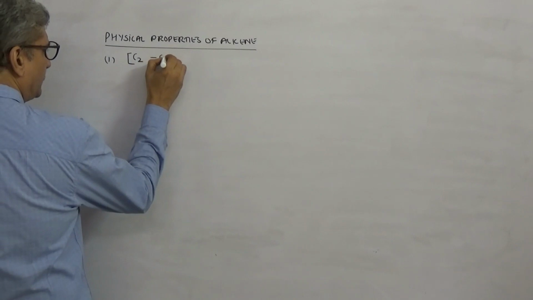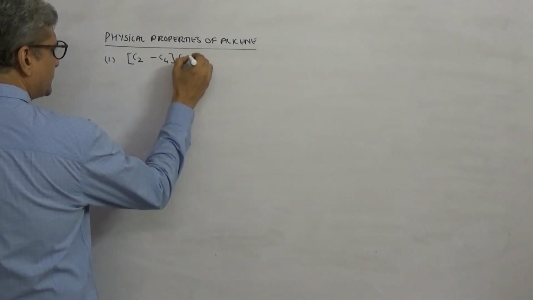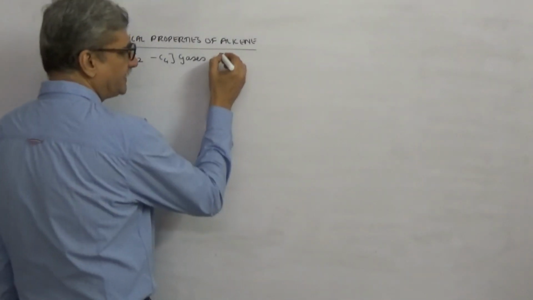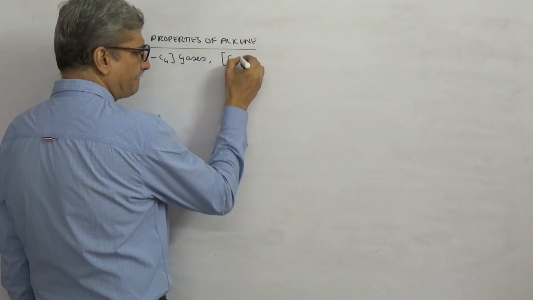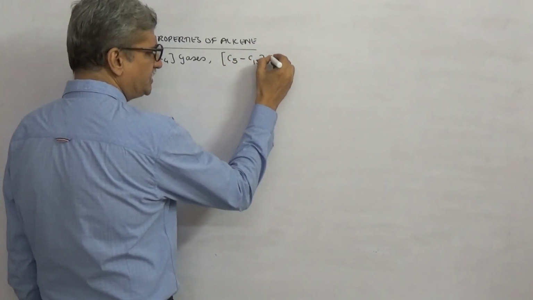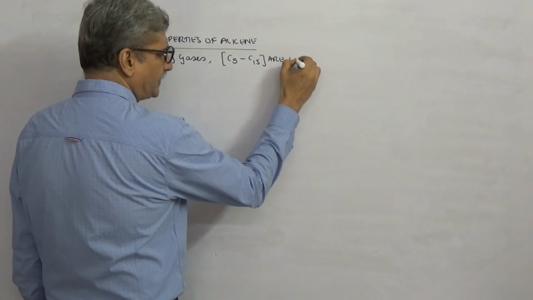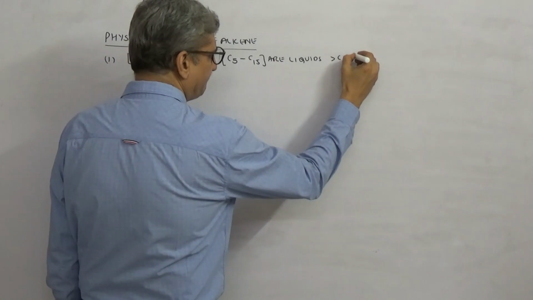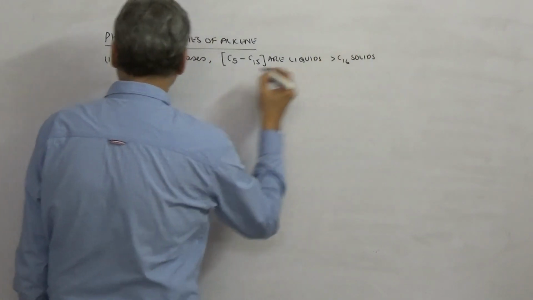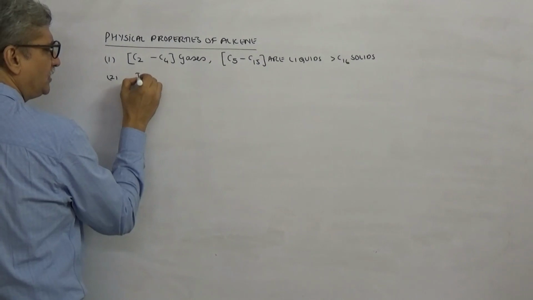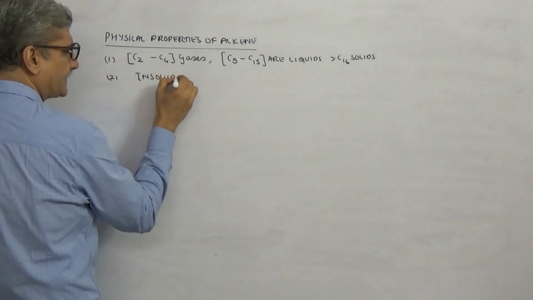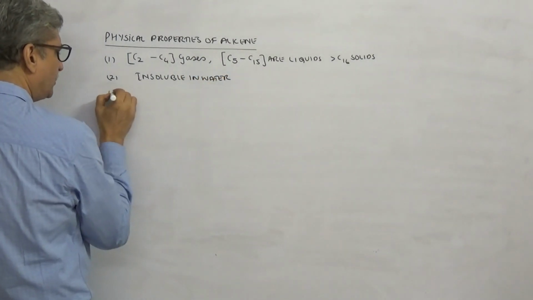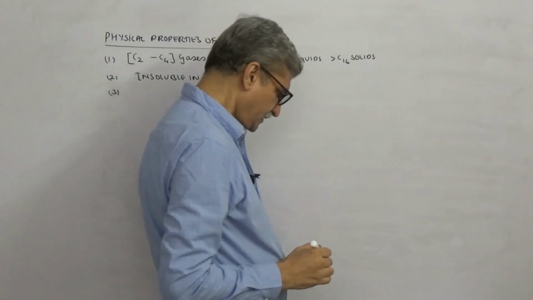Then we have C5 to C15, which are liquids, and greater than C16 they are solids. Insoluble in water. The third point is that